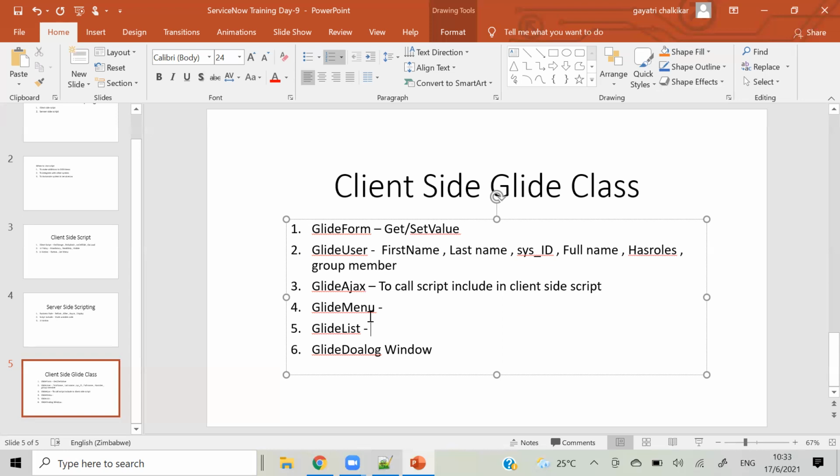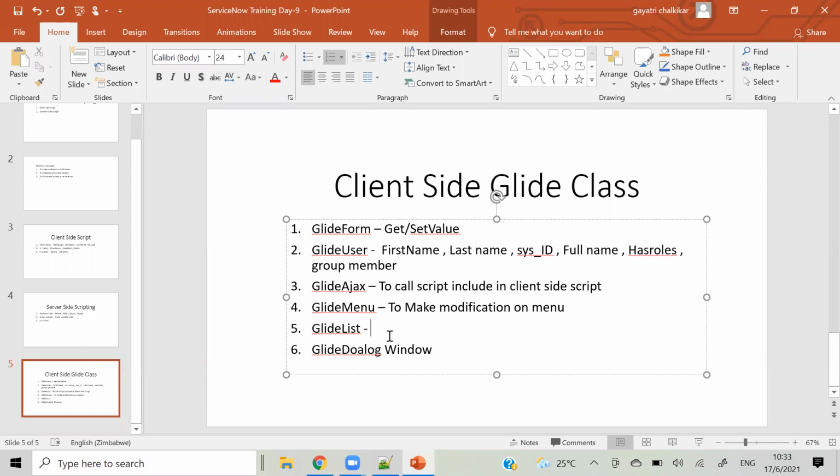Then we have Glide Menu. We have menus on our forms, right? We can perform some action on that, to make modifications on the menu. You can understand this better when we are doing the practical. Glide List: same like Glide Form, we have Glide List. If you want to do something on a list view, we can use this.